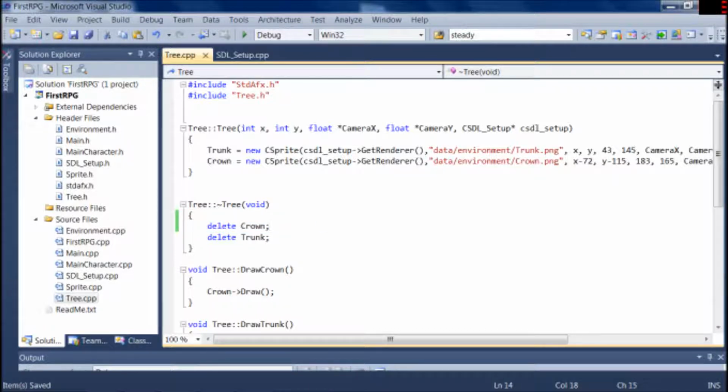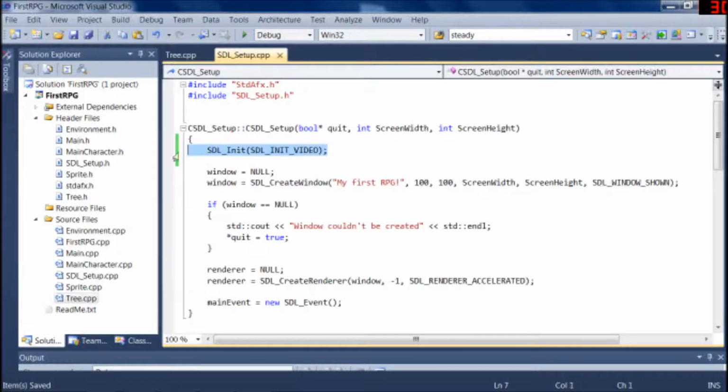And there probably are more things I missed, but so far those are the things we've spotted. This would give you a memory leak if you would constantly create and delete trees, so that's quite an important one. This one is not as important, but it's still important. Alright, so now we can move to